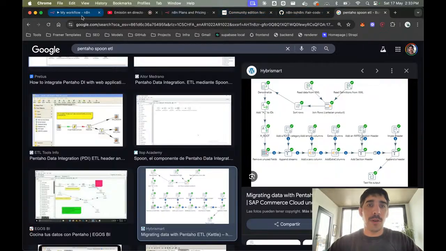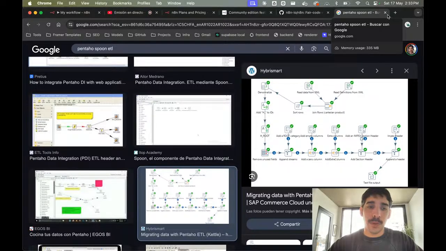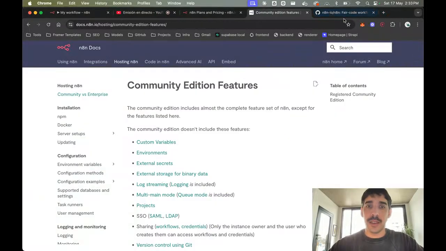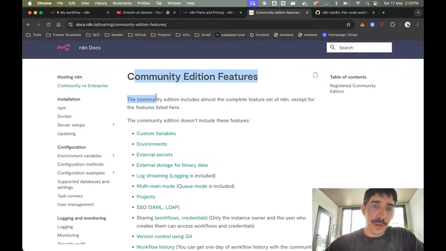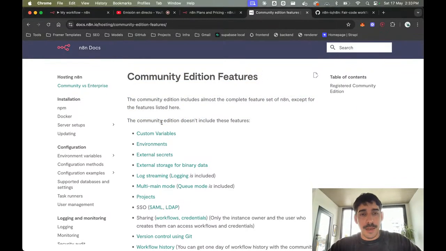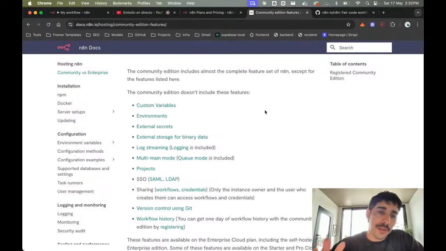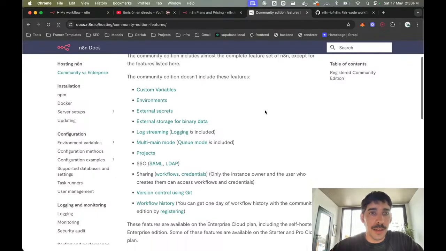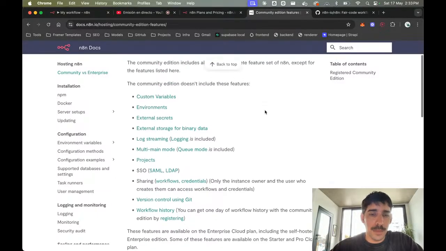This one is more general purpose, if I understand correctly. So we will see. And I see we have some limitations in the community edition. I don't understand this software that much to know how this is going to impact the things that I want to try and build.